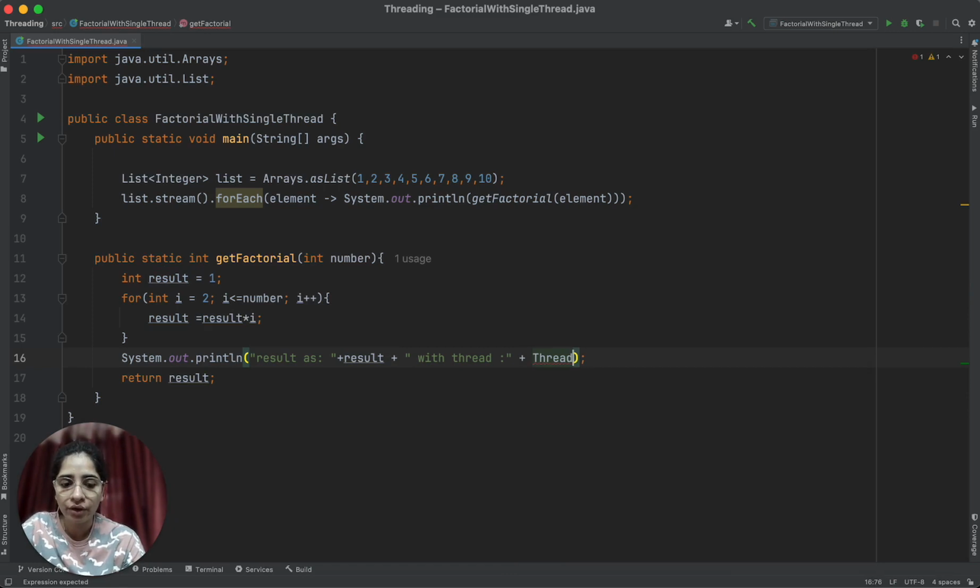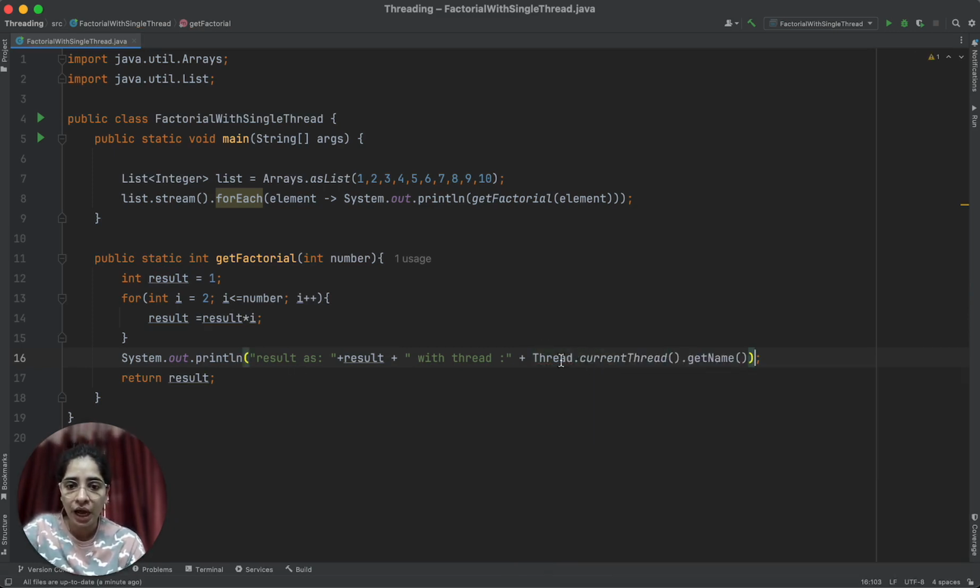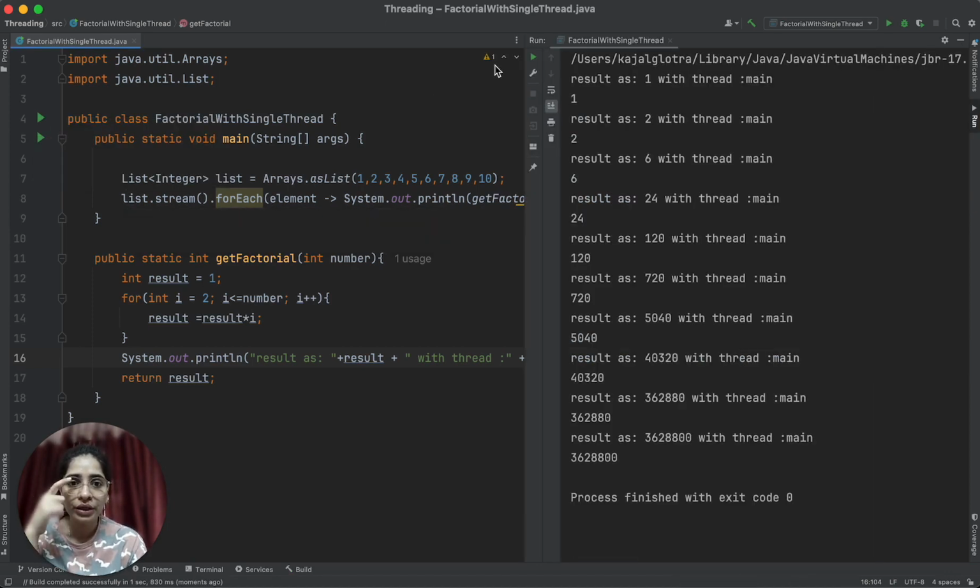I'll say Thread.currentThread().getName(). If you don't know how I am printing this, you can watch the previous video of this series. Now I'll run this one more time. You can see that all the calculation is done by the main thread, which is the default thread.